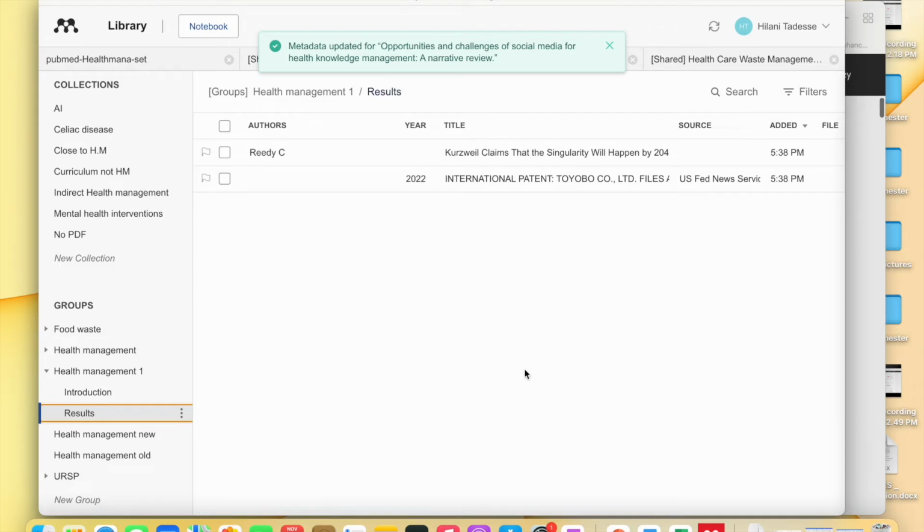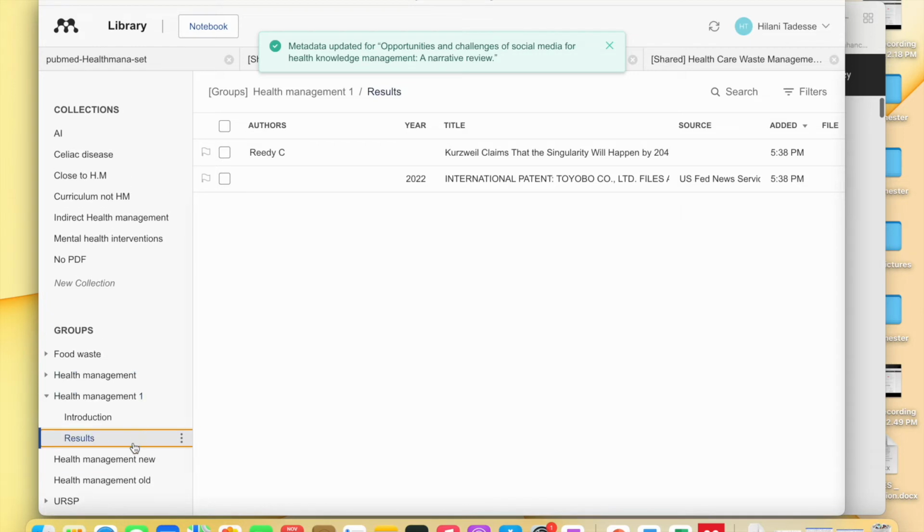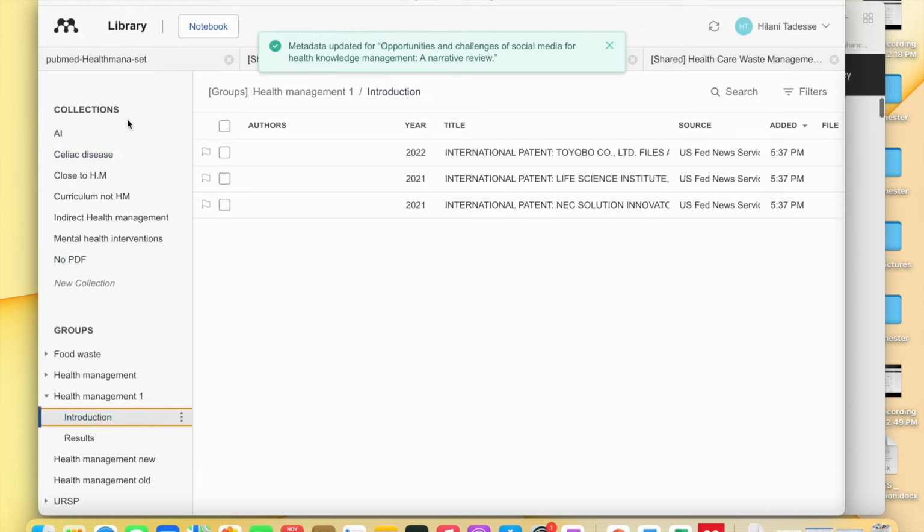It works in real time. So you don't have to worry about whether you can see what the other person is adding in the group or not. But you have to make sure that you're dragging or copying it in the group, because you cannot share in the collection. Just putting it here, you cannot expect the other person to access the articles that you've shared. Right, so